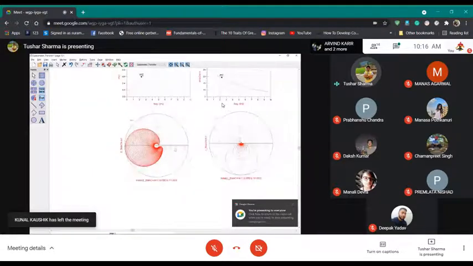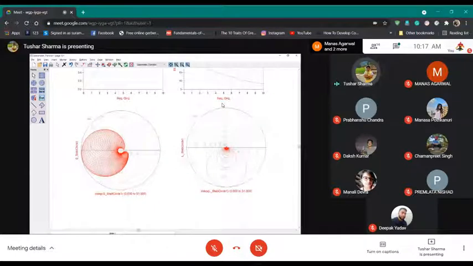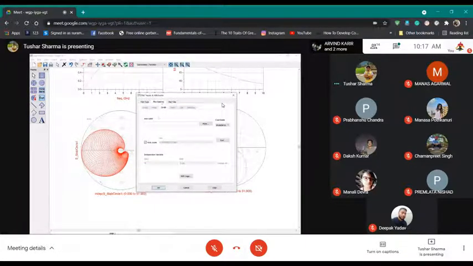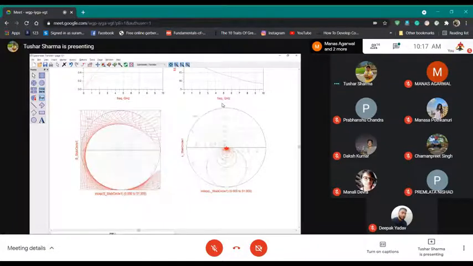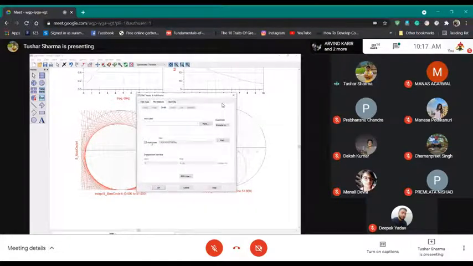Now you see this doesn't look right? It is interesting, you will be like, what the heck is going on? This doesn't seem right. So what you do is double click this, go to plot options, and there will be a button called auto scale. Just uncheck it, put max equal to 1, and press OK. Similarly, for the load stability circle, double click it, plot options, auto scale 1.